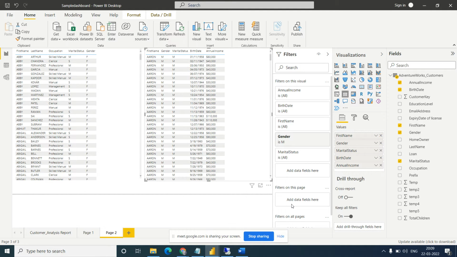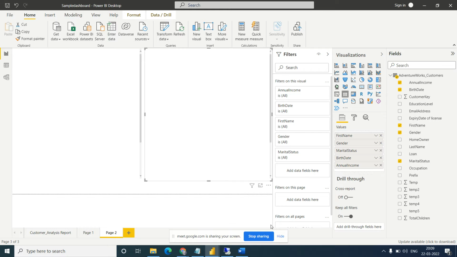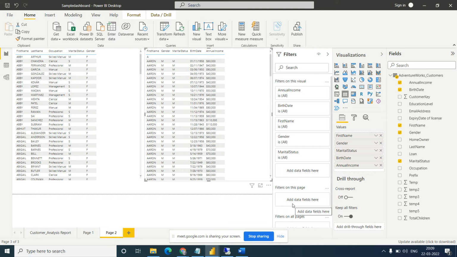The other section is filter on the page. What does it mean, filter on the page? Whole page, all visualizations. Page means what? This is a page. In this page how many visualizations are there? There are two charts available, one chart and a second chart. What if my requirement is that when I click on the filter, it should apply on all the charts at one time? So how to do this?